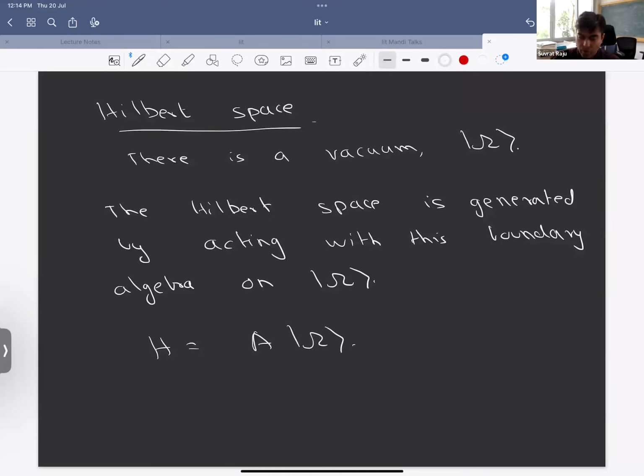And this is kind of clear, by the way, if you think of how we set up the scattering matrix in flat space, and that is that the out space is generated by thinking of all of these asymptotic operators that live at null infinity, and exciting the vacuum with them. It's also true in AdS that if you take this set of boundary operators and act on the vacuum, then you generate the full Hilbert space.